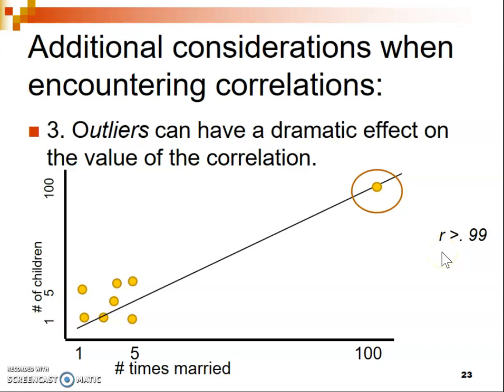By just adding that one extreme outlier, our correlation changes to be bigger than 0.99, which is almost a perfect correlation. As you can see in these data, they're definitely not perfectly correlated. So that outlier had a great effect on the value of our correlation in a problematic